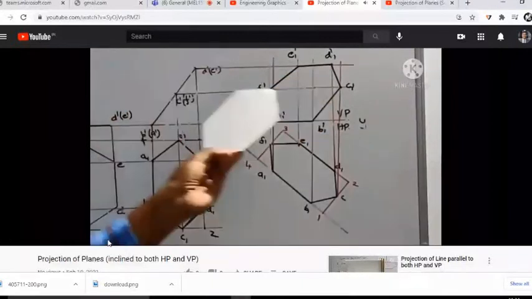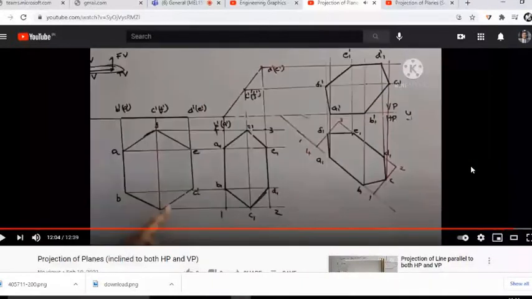Okay, now coming to this, you need to check whether the drawing is correct or not. See, in the question they said one of its edges is resting on HP. You look at the final position. In the front view, A dash, A1 dash and B1 dash is resting on HP. Okay, so it is satisfying that particular case.